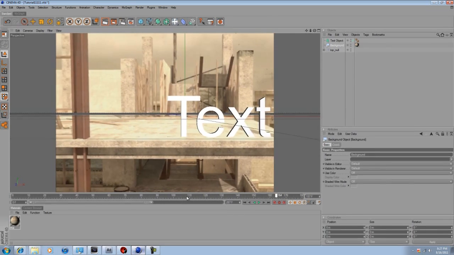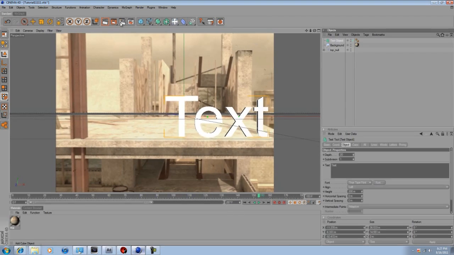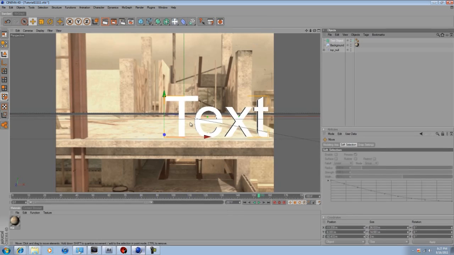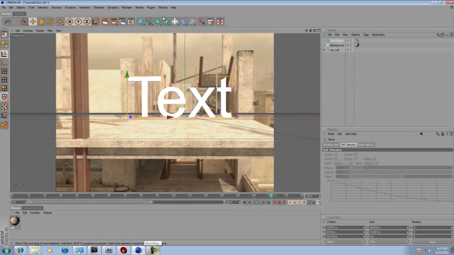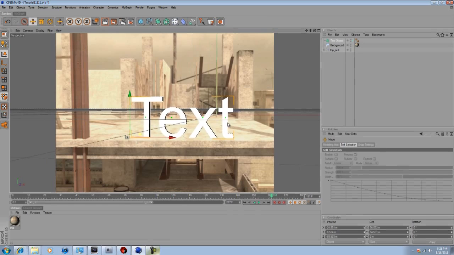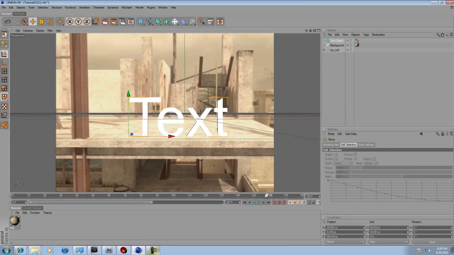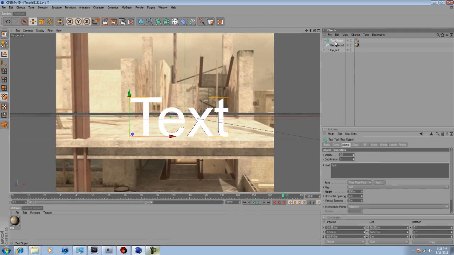Let's see. It's already being motion tracked, which is really good. But a cool thing about this now is that as long as I have the text object selected, if I click on the moving thing, I can move it over here. I can lift it up, and if you notice, it will still be tracked with the background. So right away, we'll have a beautiful track going. I want to move that back a little bit, so I'm just going to rotate it. And even if you rotate it and it looks out of place now, don't worry, because as soon as you click on the timeline again, it just puts it back to normal. Okay, so I'm just going to rename